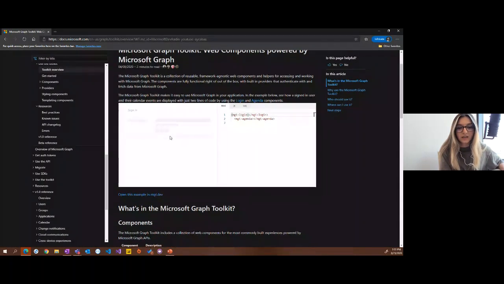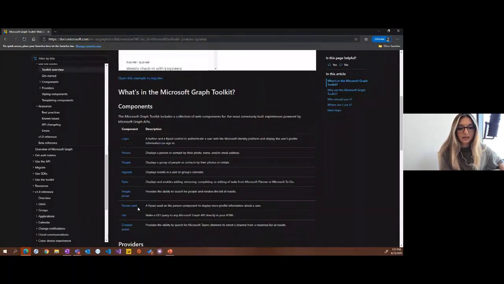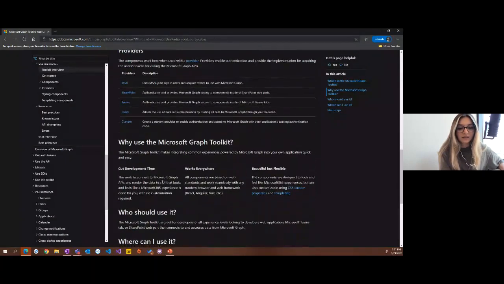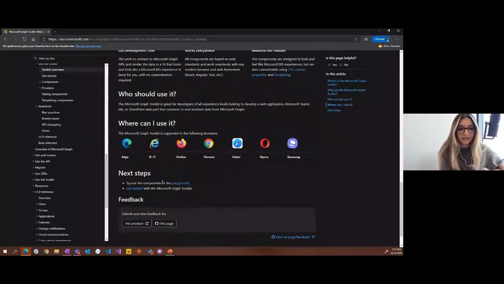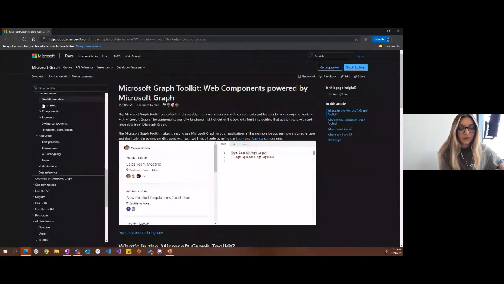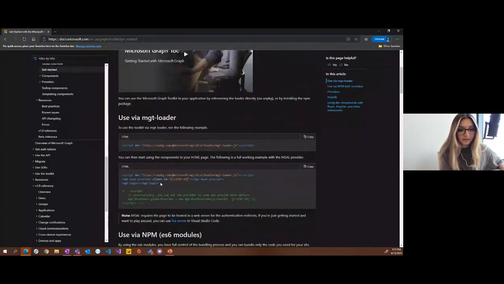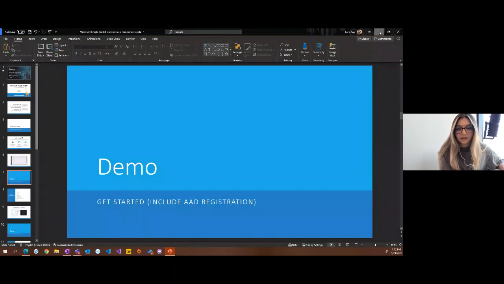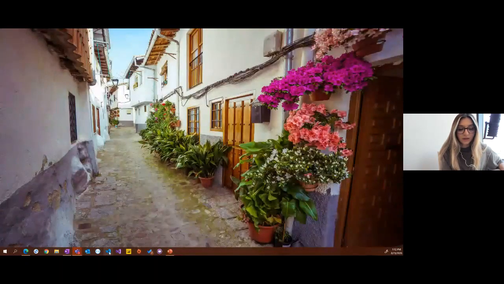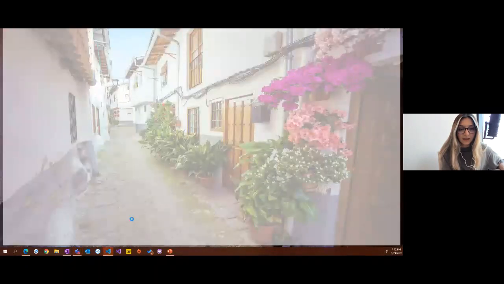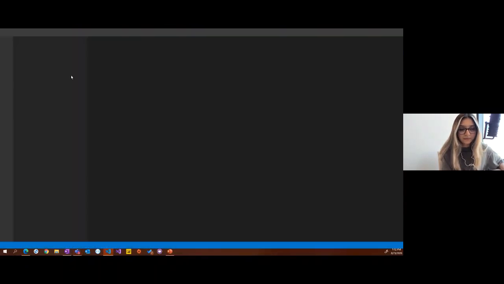If you're interested in a quick two-three line copy paste to understand how Graph Toolkit works, I think this is the best place to start. You can go to Get Started and literally just copy paste these lines and test Graph Toolkit in your application. And I'm going to do exactly the same thing here. I will go ahead and create an HTML file in my Visual Studio Code. Quickly, let me open Visual Studio Code, and